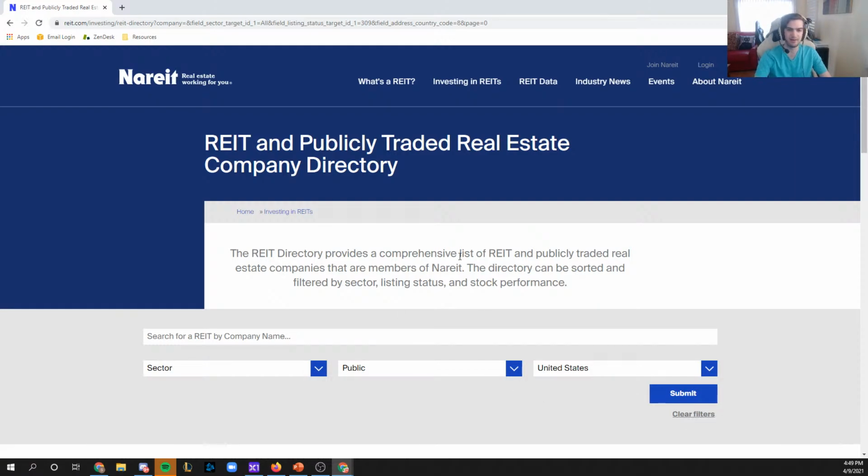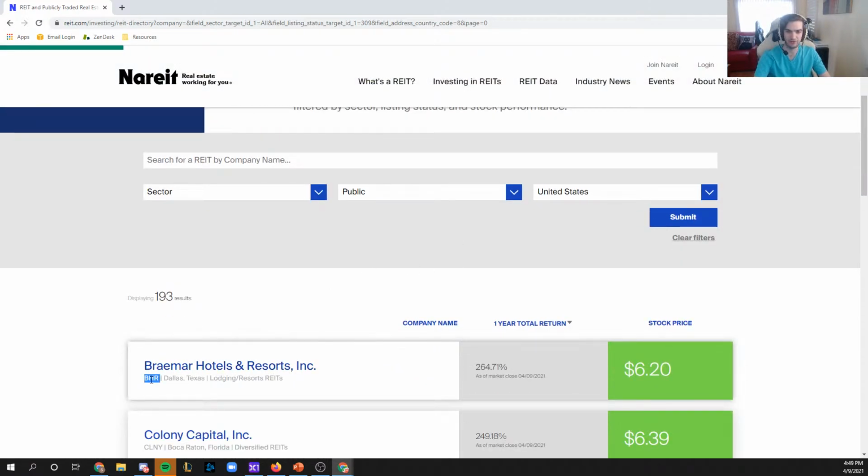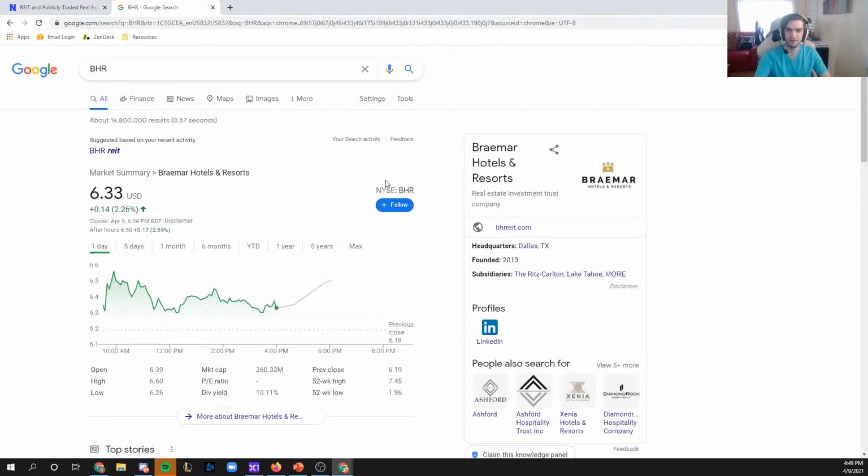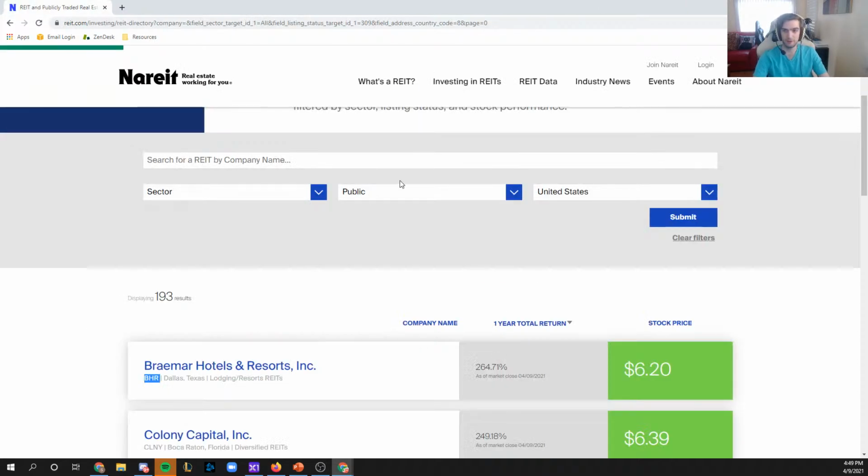And this again are just REITs. So you can take this ticker symbol, type it in, ta-da, BHR is traded on the New York Stock Exchange. You can go to Fidelity, TD Ameritrade, whatever you might use, buy that, and it's now something you have in your portfolio. The other thing that REIT.com offers,